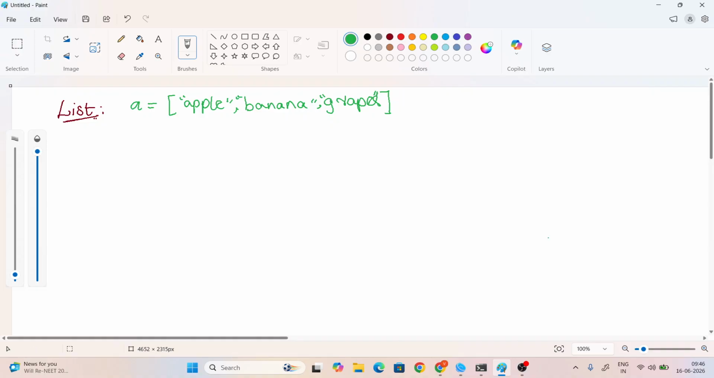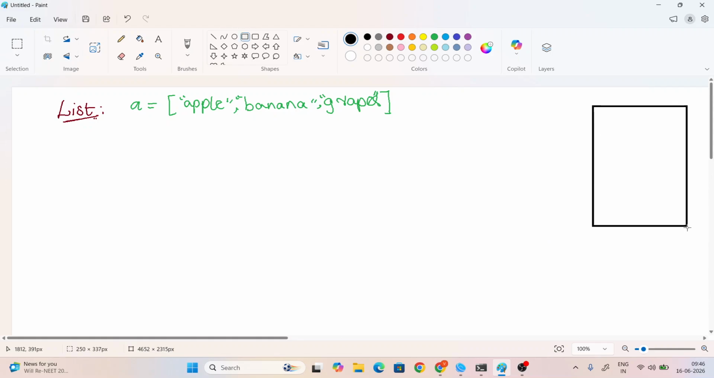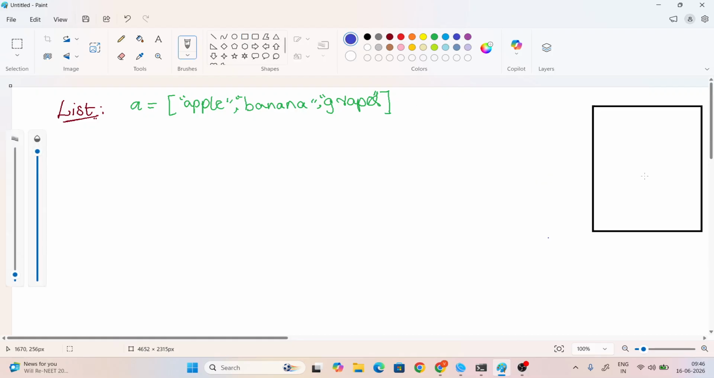Give any examples. What is a list? Have you heard the word list? A list of items. In every home, you people make a list of needed things, what we need, so we make a list of that. Yes. Now here we can write apple and banana